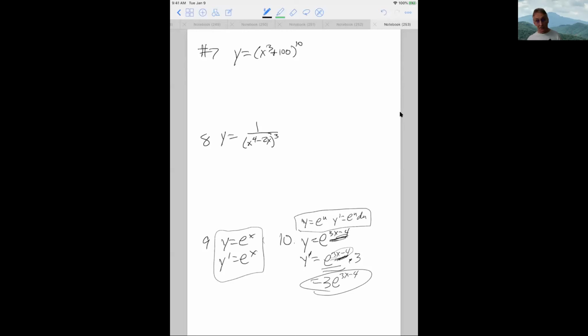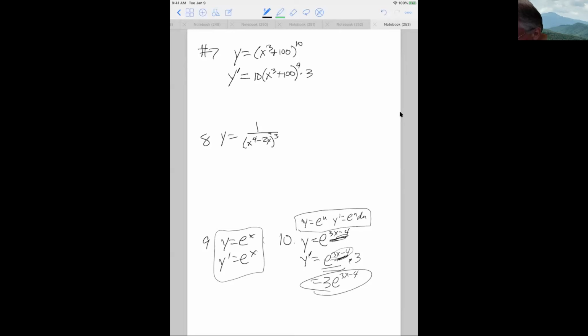Now we're going to use the chain rule. Is there any adaptation or anything we can fix to make it simpler? No. So we're going to take the derivative now. It's ready to take the derivative. So we have to bring the power down, do it yourself. Stop and think what you have to do. Bring the power down front, subtract 1 from the power, and then multiply by the derivative of what's inside the function. So I get 10 times x cubed plus 100 to the 9 times the derivative of x cubed plus 100,